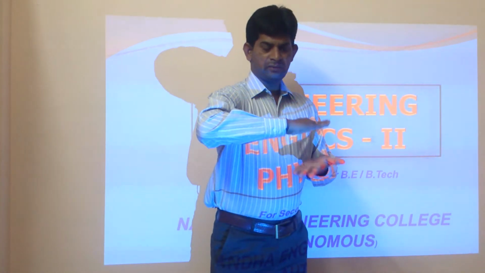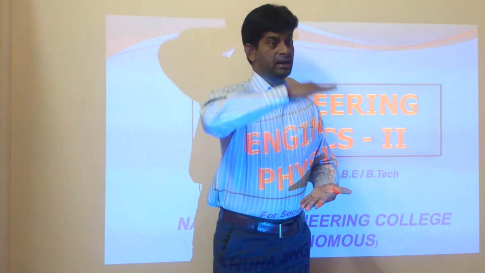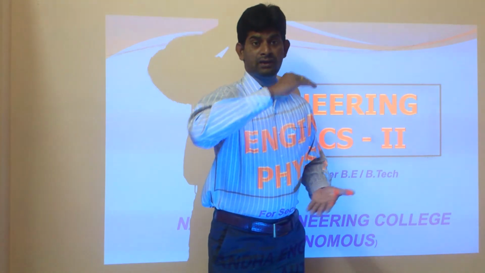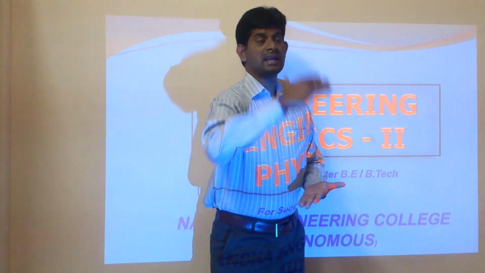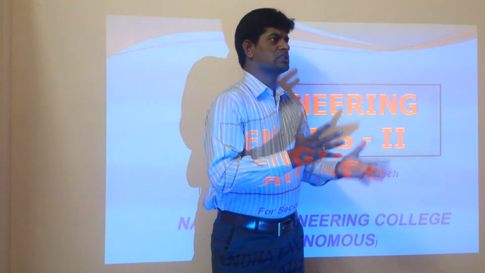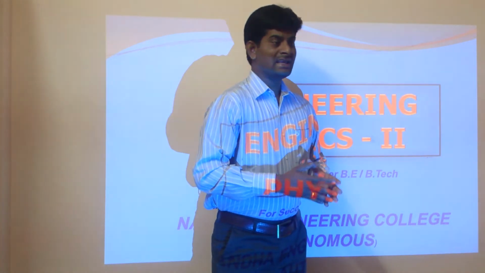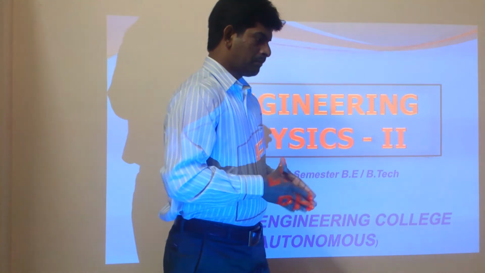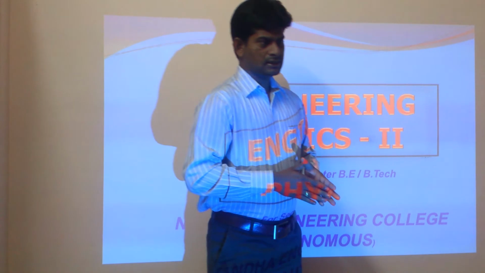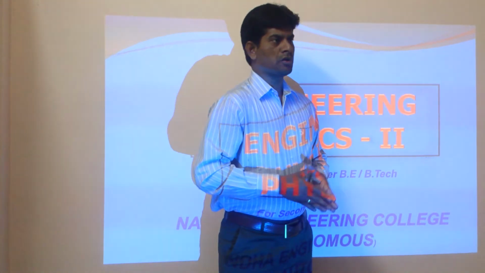If the gap between the valence band and the conduction band is very high, the electron may find it difficult to travel from the valence band to the conduction band. So there is no conduction at all. Those types of materials are insulators because they have a larger band gap. But whereas in conductors, there is, when you talk about superconductors,